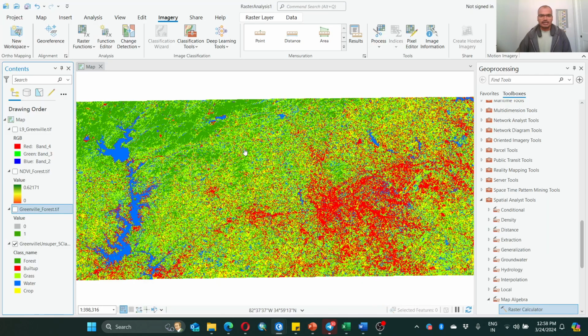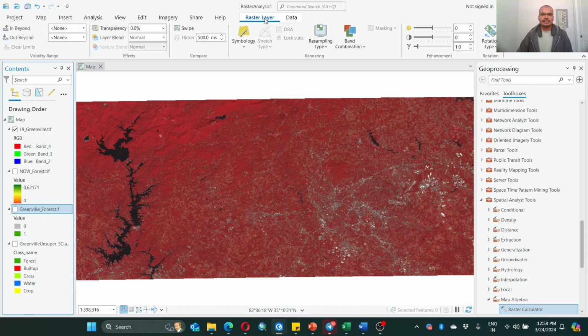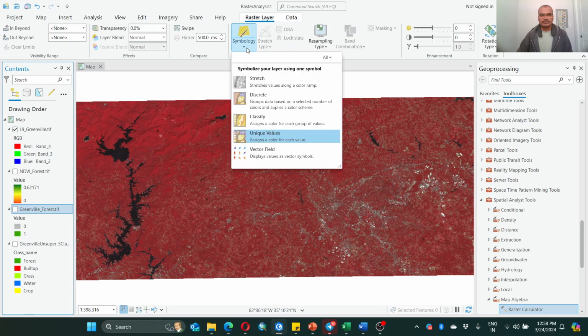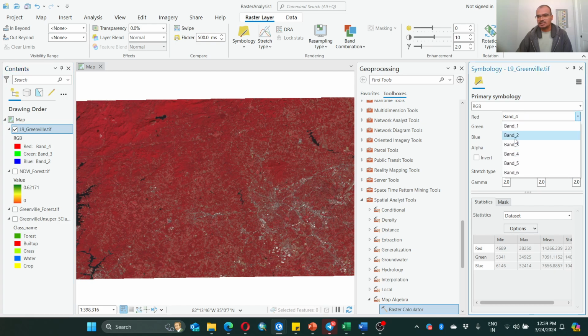Say, for example, let's start with image-based analysis. So here, this is a satellite image of a particular area where you can find spectral information. This information is captured by a Landsat satellite, and this raster layer is made up of 6 bands,